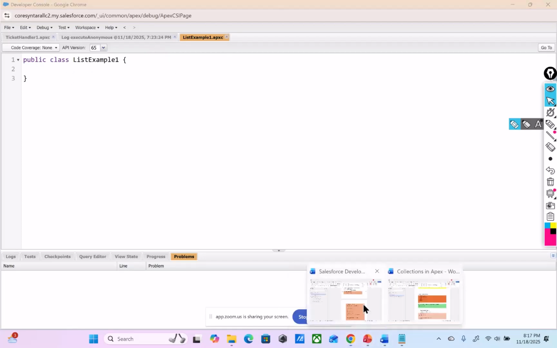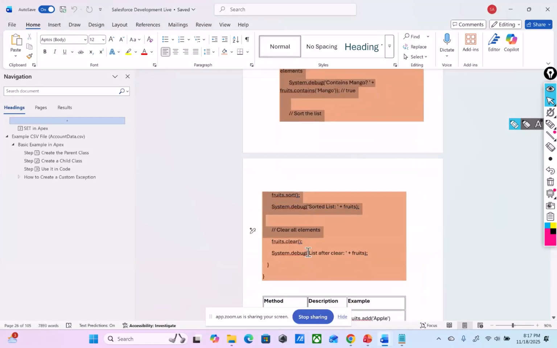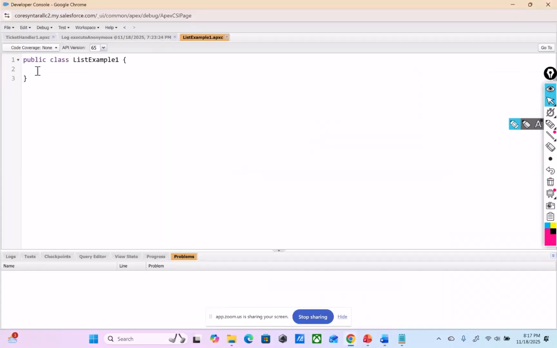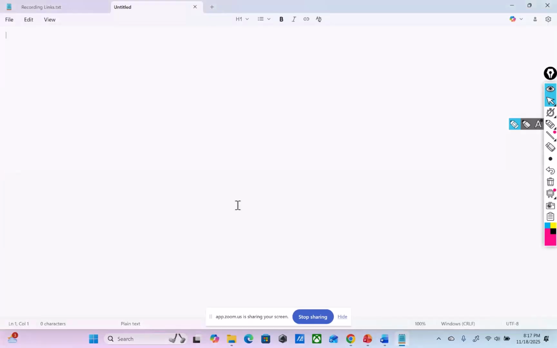Can you paste it? Let me write this one down. Tell me, what is it? I have to find the example, but I've seen somewhere that when you declare the list, instead of just writing list account name equals new list account, they declare a variable, and then